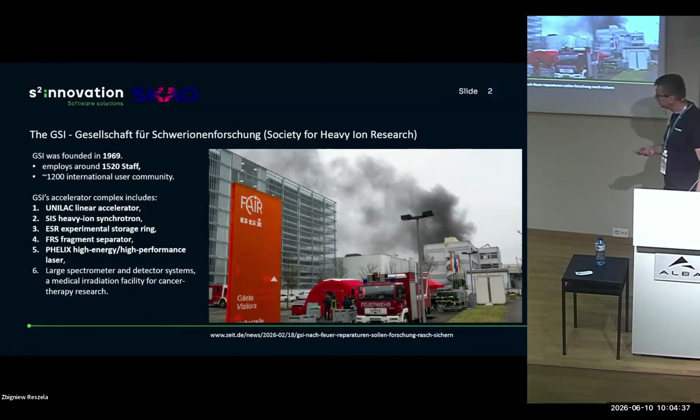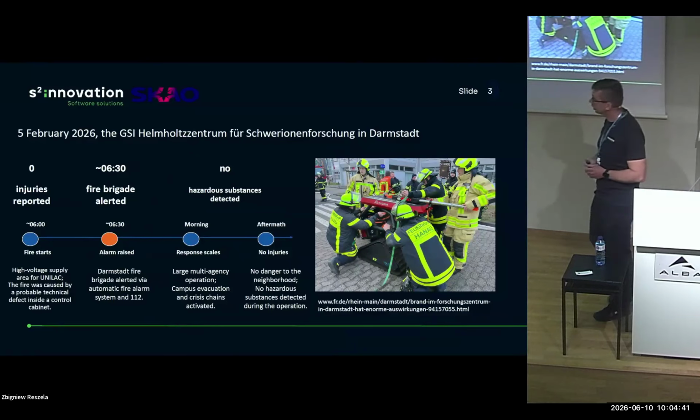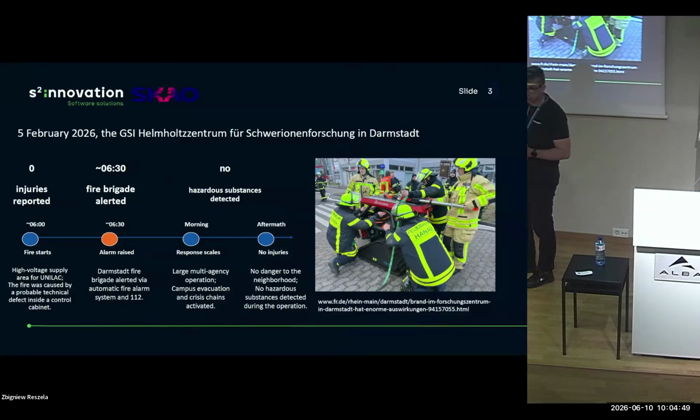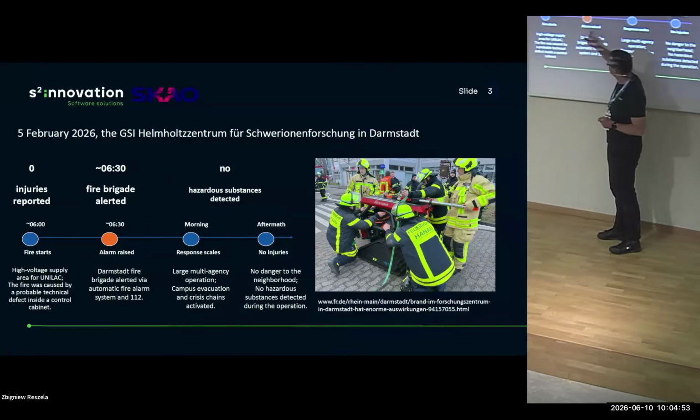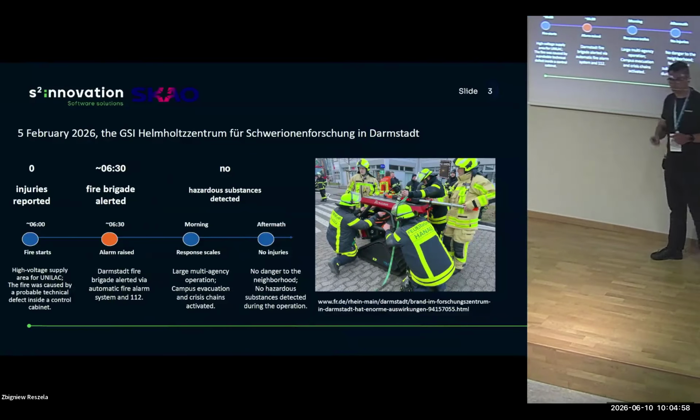And actually, what happened on the 5th of February at 6 a.m. in the high voltage power supply, there was a fire. And at 6:30, the alarm was raised, and the fire brigade in Darmstadt, because GSI is in Darmstadt,